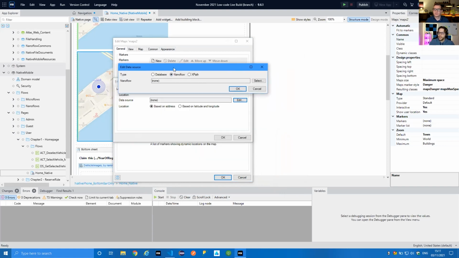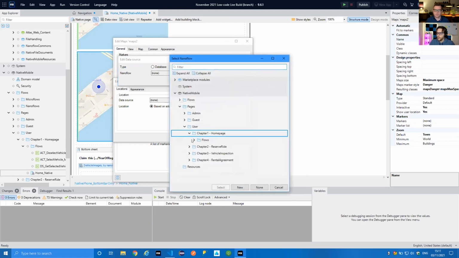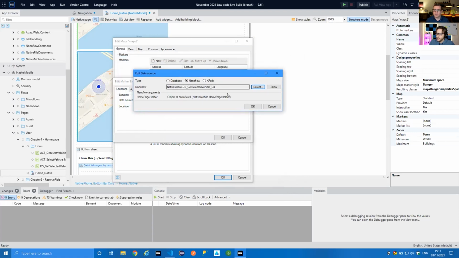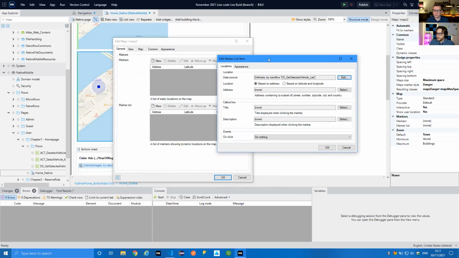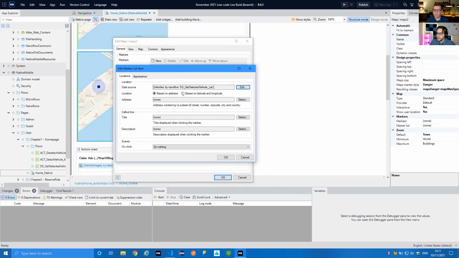Now, I'm going to use a nanoflow to populate this one, just because it was the easiest way to do what I wanted. And that nanoflow is called dsGetSelectedVehicle. And you'll notice it's called _list. Now that is because in this scenario, it is expecting a marker list. I'll show you how I get that single one in a moment, but for now, let's just connect all of these